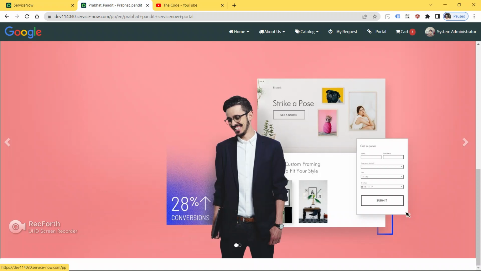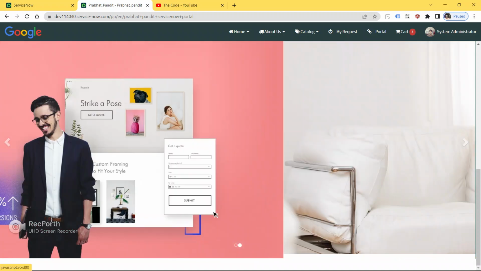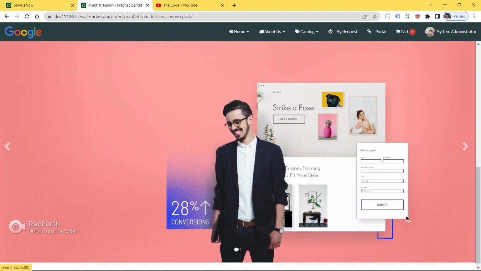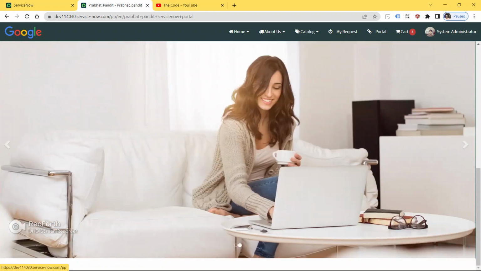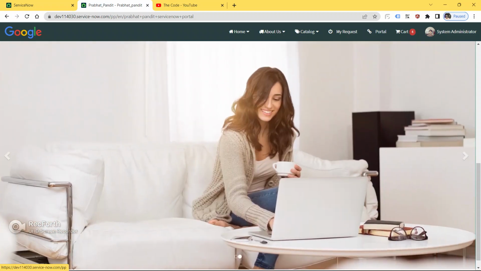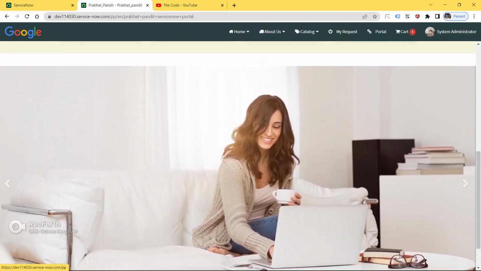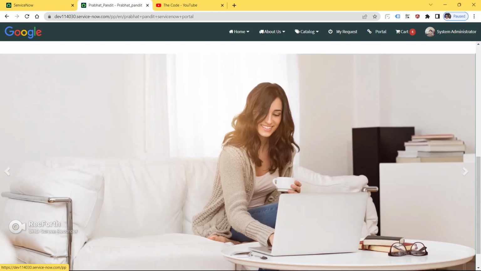So let's get started guys, and let's learn how to add this awesome slider inside the ServiceNow Service Portal page guys. As you can see guys, I have done modifications here. I have done lots of modifications inside this slider because whenever you use the ServiceNow default slider, it will be very small in size.